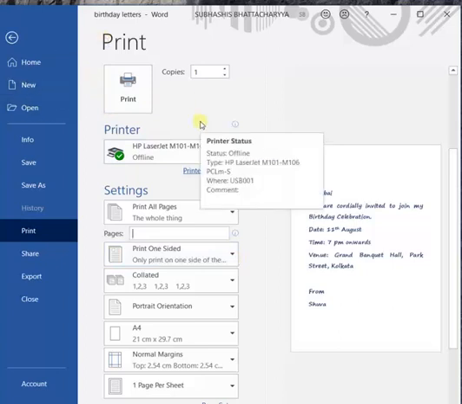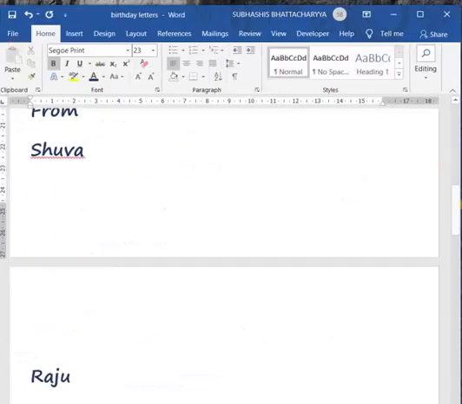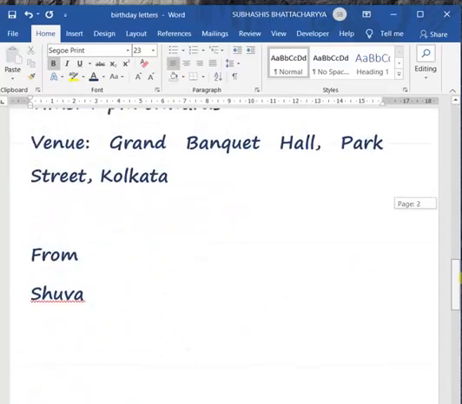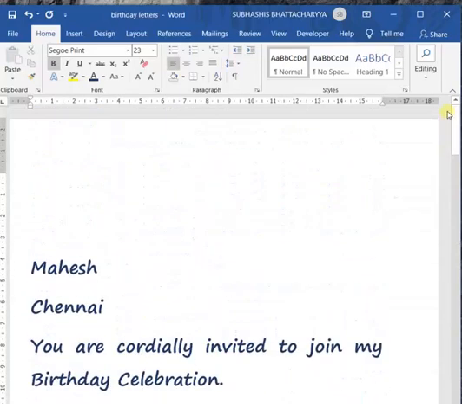So our main document is saved, and this is our merged document, which we already saved as birthday letters. You can give whatever name you wish. So your merged letter is ready and can be printed whenever you require it. That was all about mail merge.